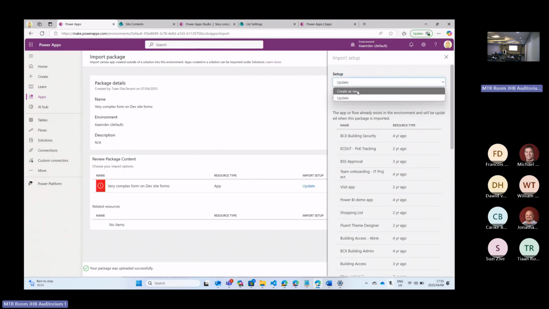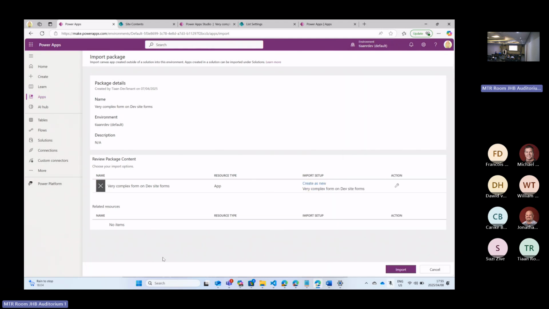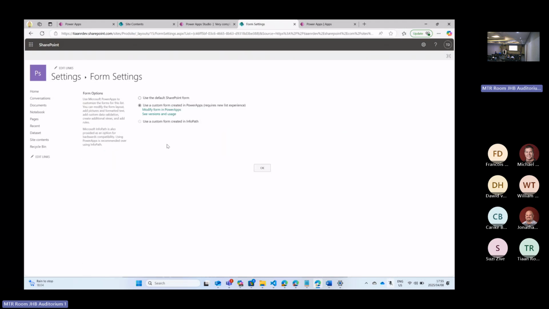And again, we want to create this as a new one, and I want to say save. It's now going to tell me that that form already exists. I click on import, it's going to tell me it already exists. To resolve that, I'm going to go to my prod site, to the settings, onto the form. Here you previously selected that to find the import. If you say go back to my default form, you can now delete that custom one. So if I delete that one,